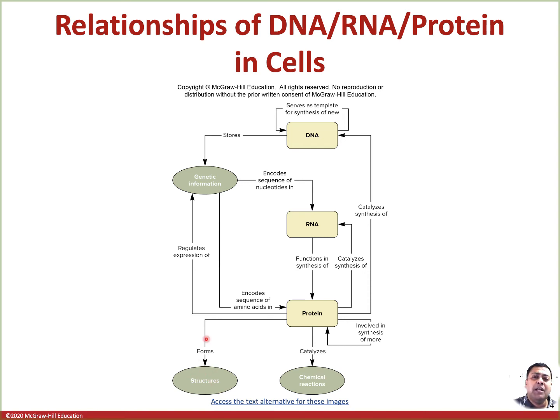For example, the collagen fibers, elastic fibers, and reticular fibers are different structural proteins that are present and give animals and plants different forms. For example, our hair or nails are made up of keratin. These are all proteins, very, very hard proteins.